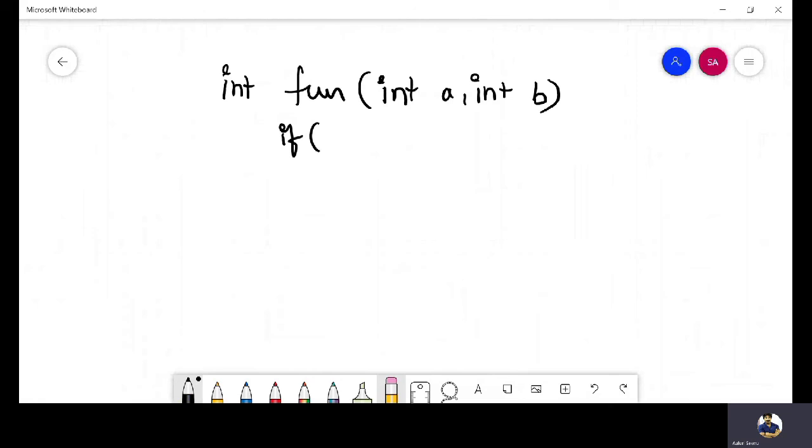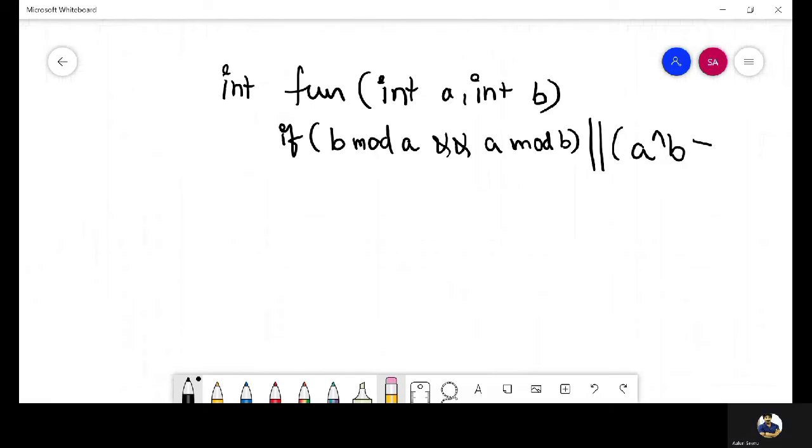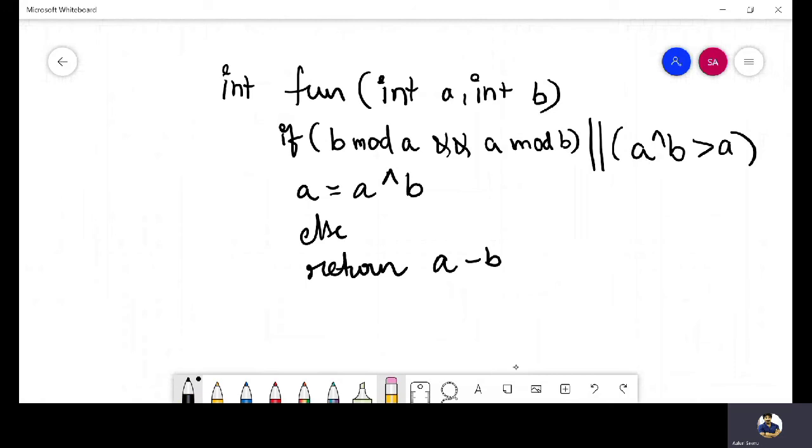And the statement inside this function is: if b mod a logical and a mod b logical or a exclusive or with b greater than a exclusive or with b, else return a minus b.